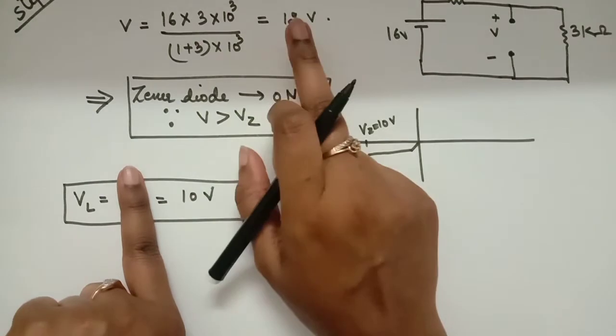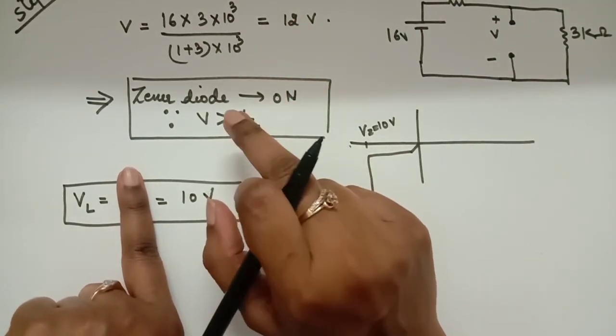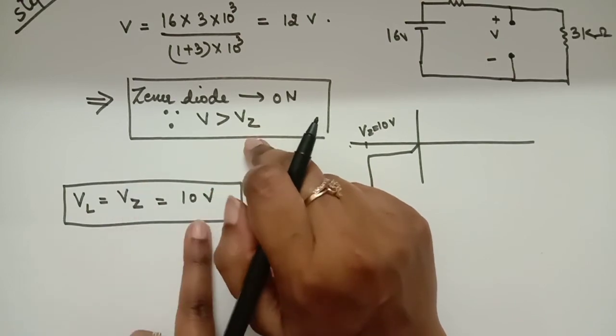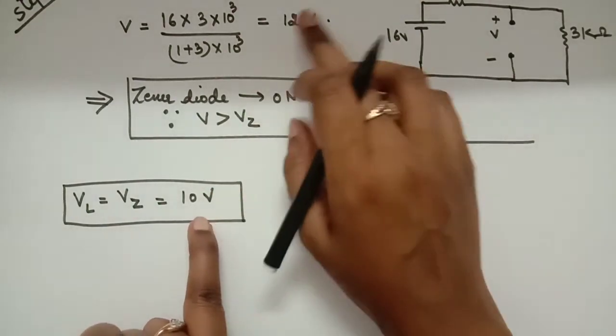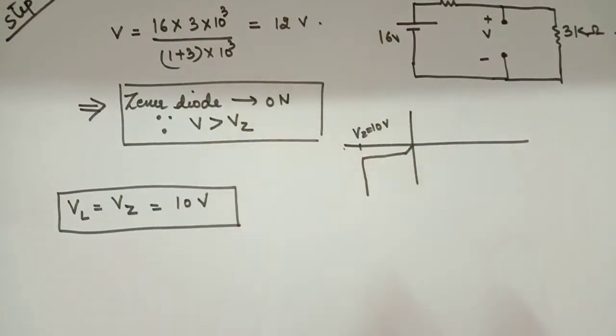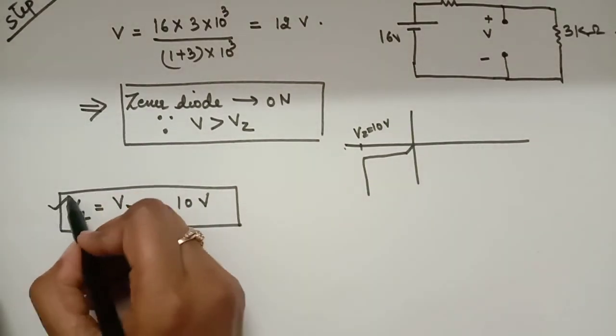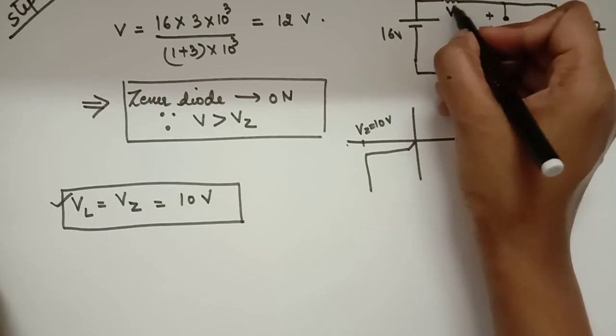So our objective to calculate this 12 volt was to see whether the diode was on or off. So diode is definitely on, and now 10 volt has come into the light. Just omit out this 12 volt. Alright, you will not be using this 12 volt in any of the calculations. Now VL equals to Vz, 10 volt. One parameter we have calculated. We are asked to calculate VR also.